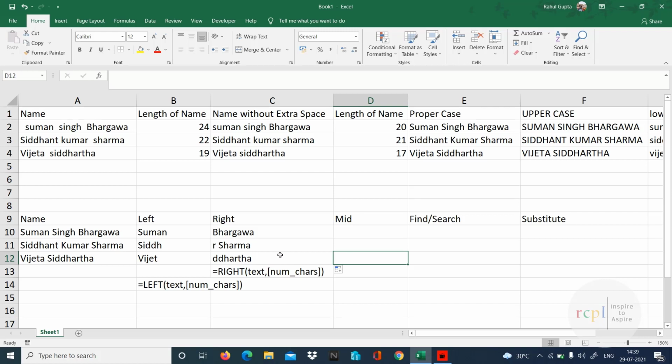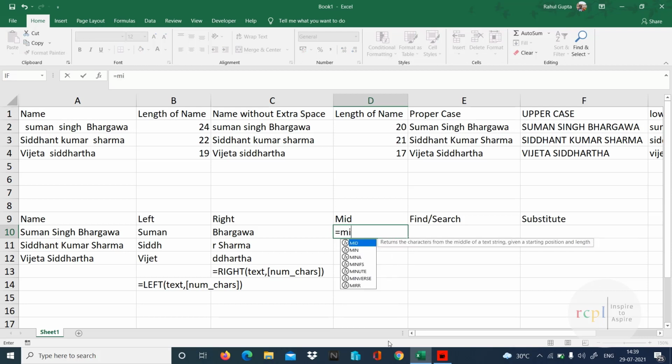If I talk about mid, I have to give equal to mid. Text is this one. I need to get from the 7th character onwards, so start number is 7. From the 7th character I want to start, because Suman is 5, space is 6, and 7th is where Singh starts. So that's what I need to start with.